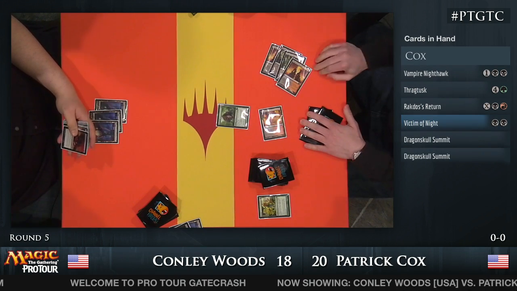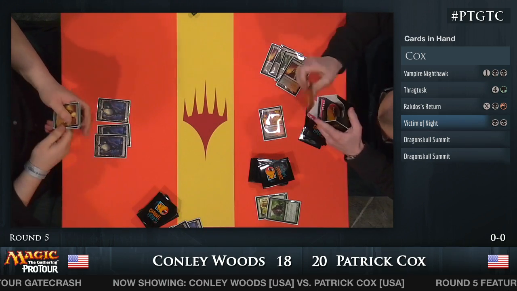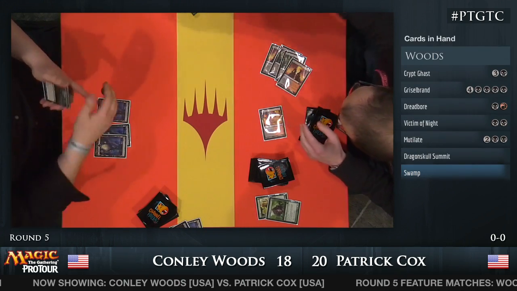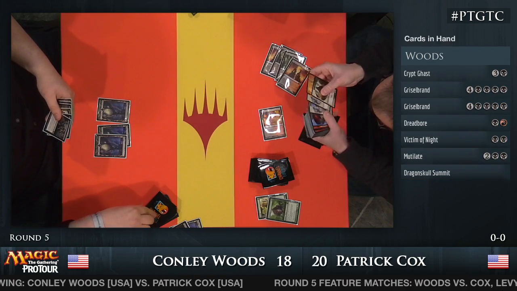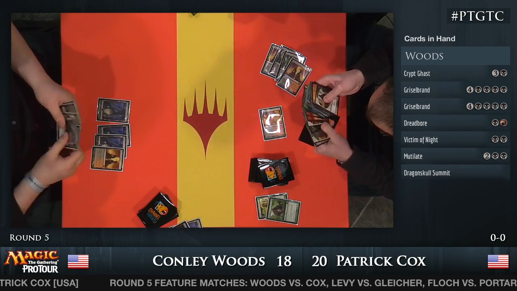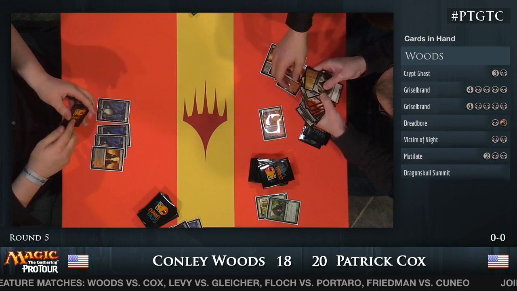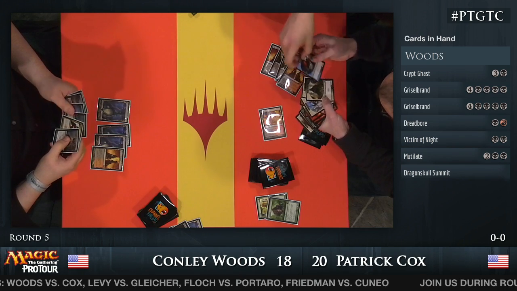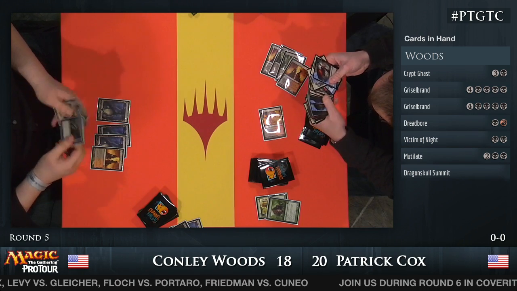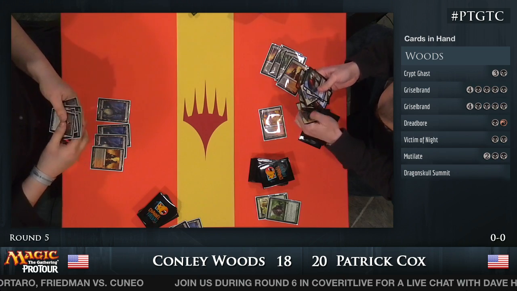And there's a Thragtusk. Now let's take a look at what's going on in Conley's hand. Boom. There's a Cryptghast. There's a Gristlebrand. There's another Gristlebrand. There's a Dreadbore. A Victimize, Mutilate. I've heard from people in playtesting, Conley Woods would get exasperated with his teammates when he said, I don't understand how you guys don't see that Gristlebrand is just the same exact card as